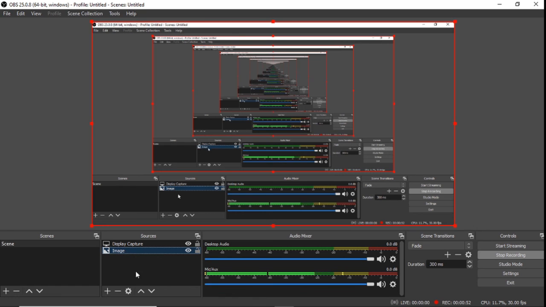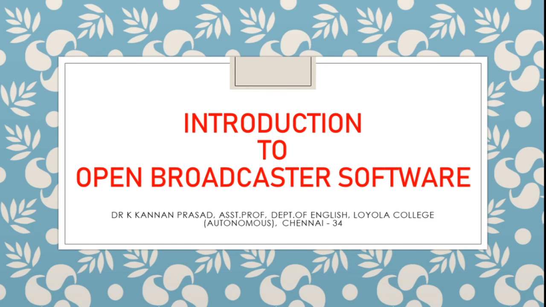Now after clicking it, I'm going to click on the move up button. See, look at that. That is how the image has become prioritized, and that is why you're seeing the image right over here, and you are not looking at the OBS software right now. So when you click on move down once again, the image vanishes, right? So you could see how user friendly the sources box and the OBS software itself is.